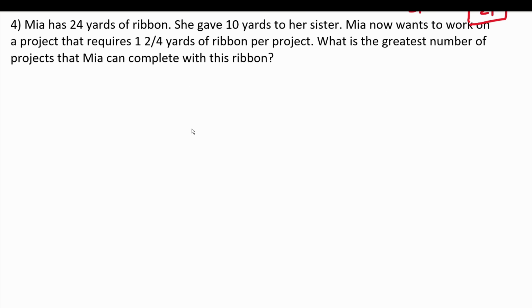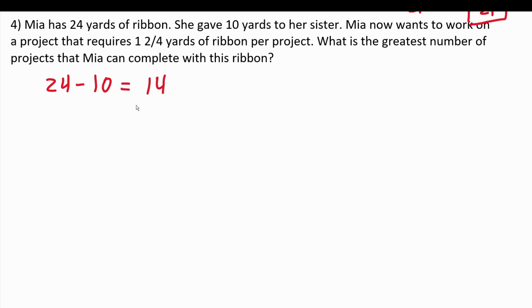All right, number 4 says Mia has 24 yards of ribbon. She gave 10 yards to her sister. Mia now wants to work on a project that requires 1 2/4 yards of ribbon per project. What is the greatest number of projects that Mia can complete with this ribbon? So first, let's address the fact that she gave 10 yards to her sister. So that's going to be 24 minus 10, which means that Mia only has 14 yards of ribbon